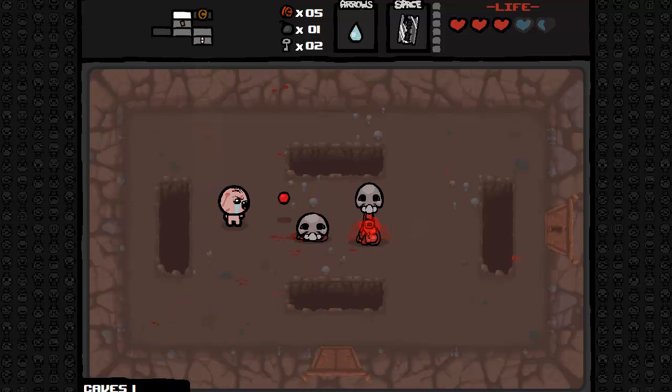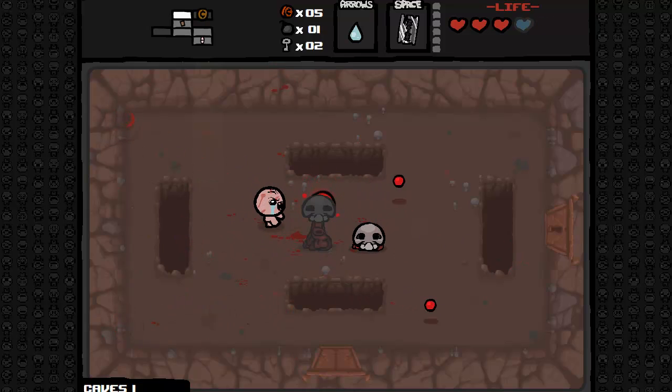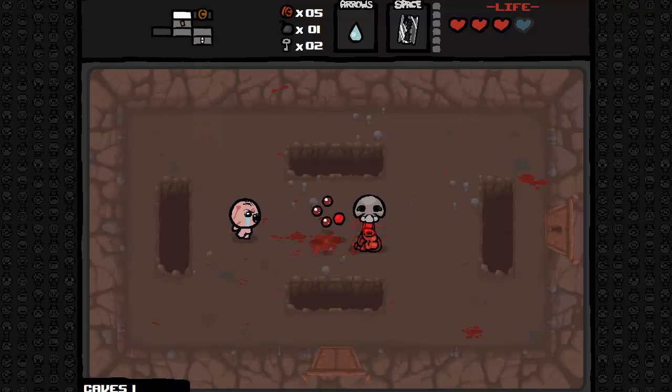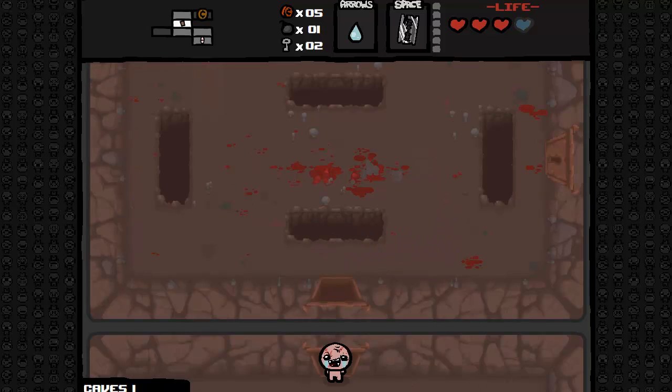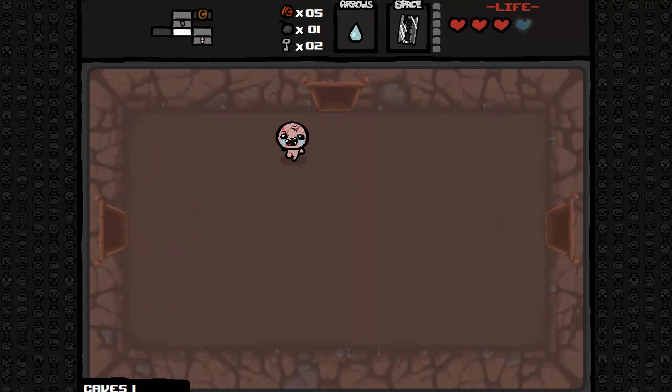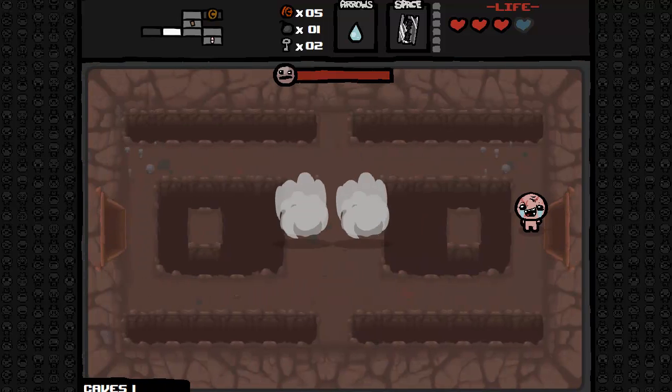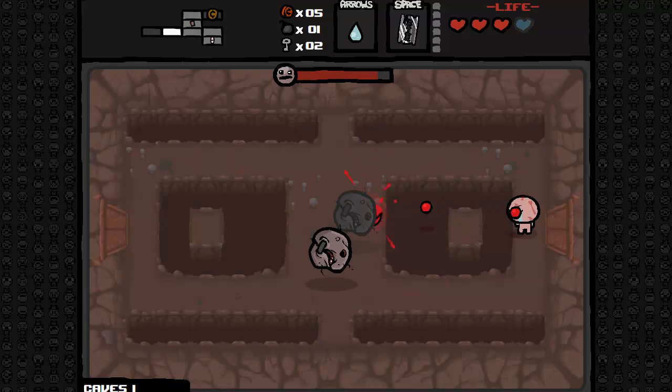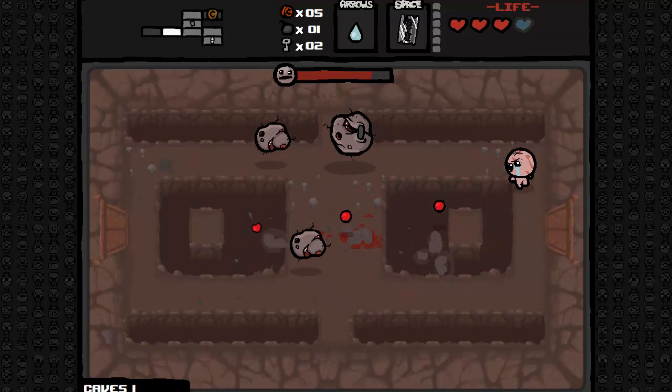If I can freeze one of these in the up position as well, brilliant. Oh, but I did lose Spirit Heart there, so not really worth the sacrifice. The speed is throwing me off, as I usually do say. I'm not that great when I'm a really fast Isaac, because I tend to misjudge how far I'm going to go in one direction, and that'll end up throwing me into either spikes or enemies. Neither of which is particularly good for Isaac's health,